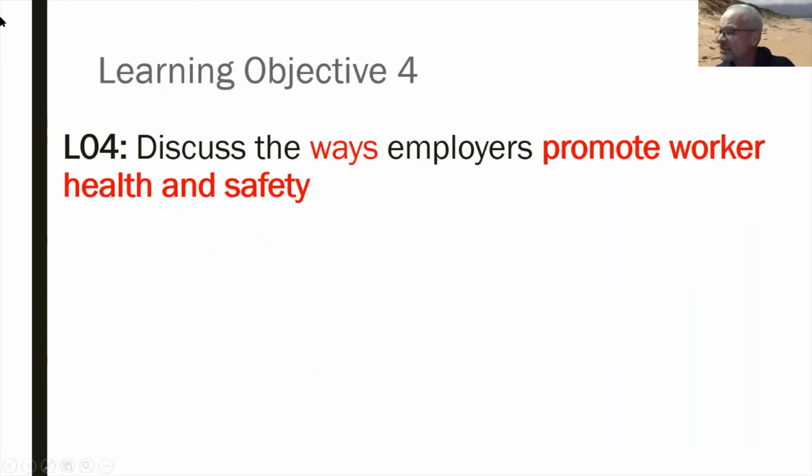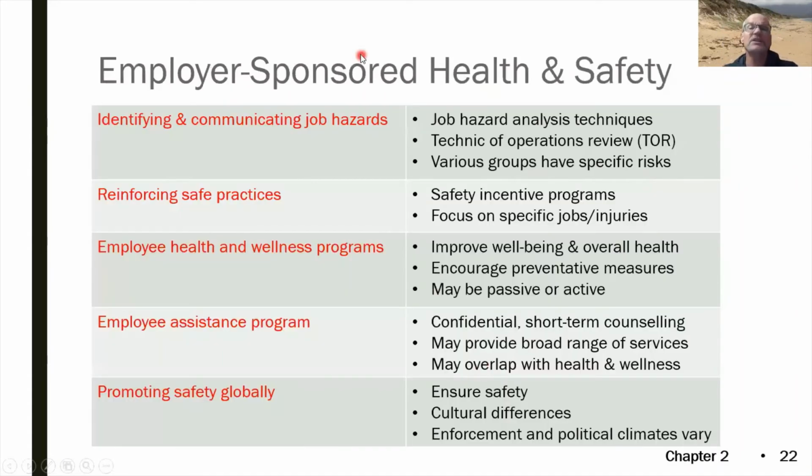All right, final one of this chapter here, which is a rather long chapter, is number 4, discuss ways to promote worker health and safety. Okay, so a couple things here. This one's more or less a summary slide. We'll go through a lot of these in more excruciating detail in the coming slides, but how can HR